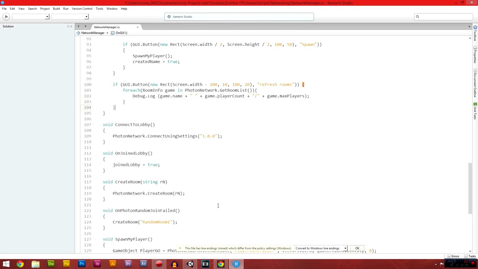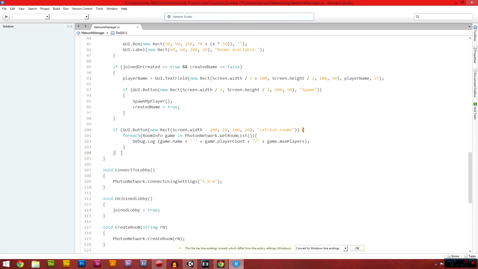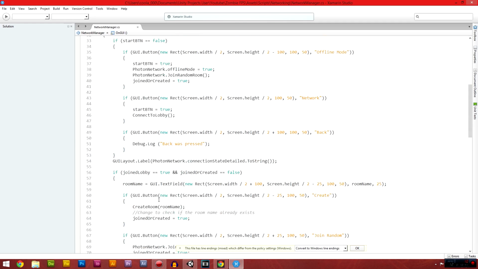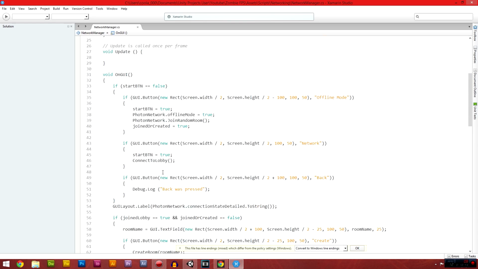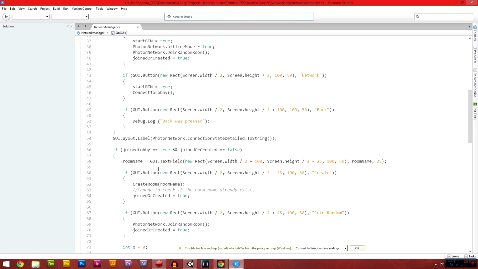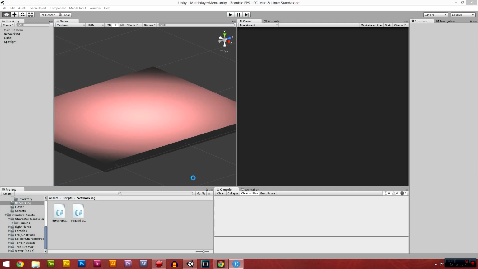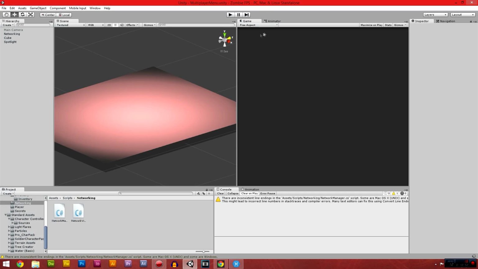Alright, I don't know, it doesn't matter. That was a big waste of time. Alright, so we don't need that there. We only need that rooms available, this one here. And that's fine. Right, so apart from the room list, when we enter the room, what we're going to do